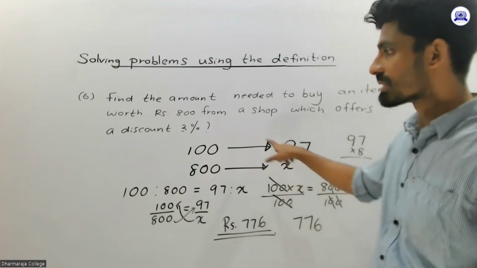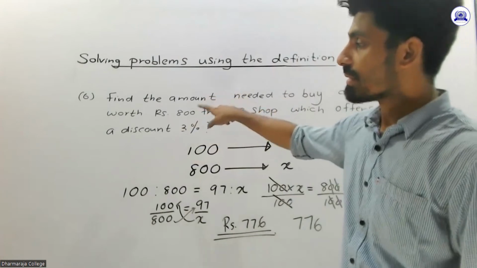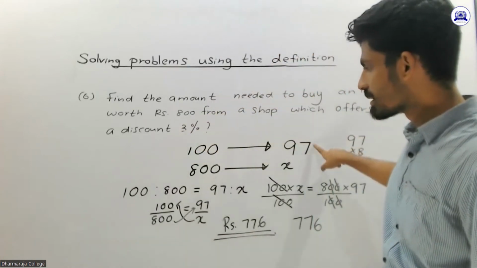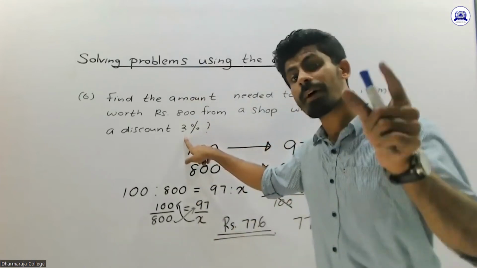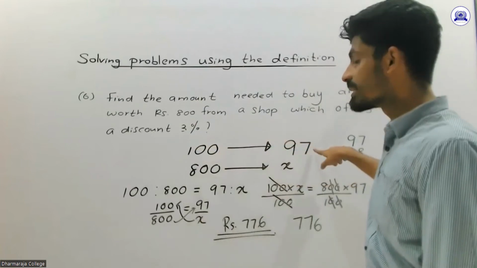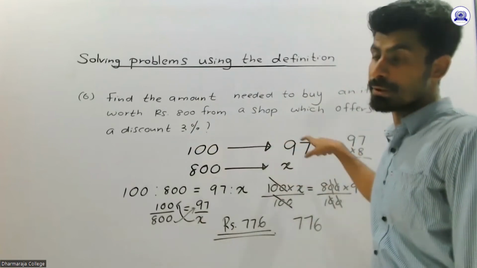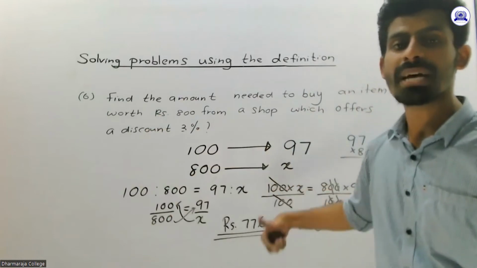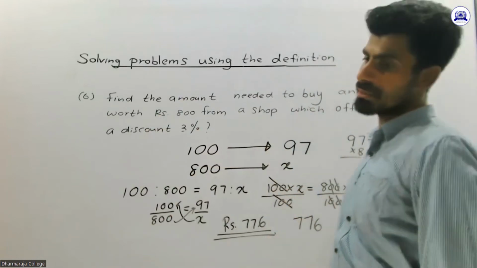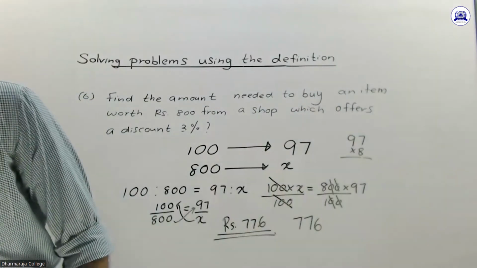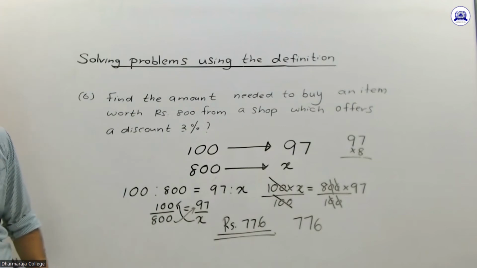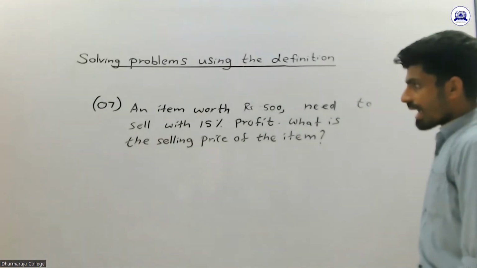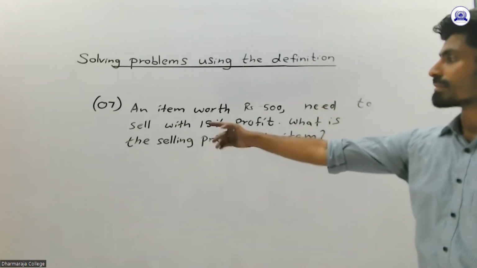This one is very important because they are giving a 3% discount. 3% discount means you need to take 97, which is 100 minus 3. For a 5% discount, 100 becomes 95, so you need to take 95. For a 10% discount, it equals 90. Very easy. Just try to do this. An item worth 500 rupees needs to be sold with 15%